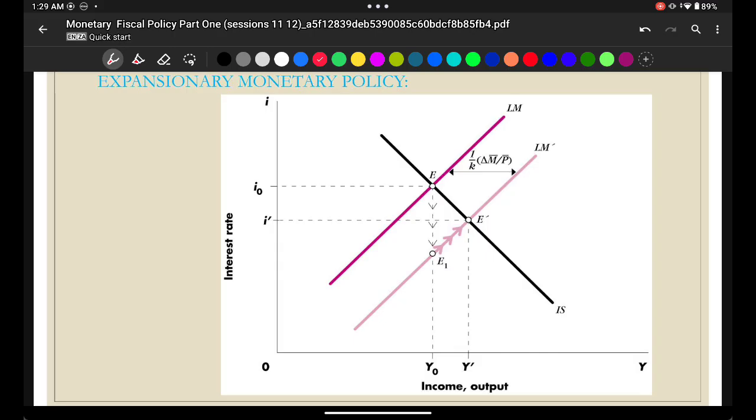Obviously, LM is going to shift because this refers to the money market. So now the process goes from year to year to year, not from year to year. Follow the arrows. Okay, so simple, right? Because the money increase, the supply of money increase. Now, if I draw my supply curve of supply of money and demand of money, this is the supply of money, demand of money. That's the curve.